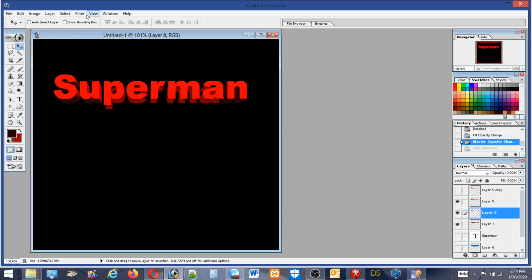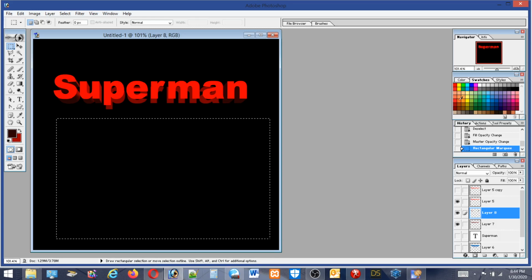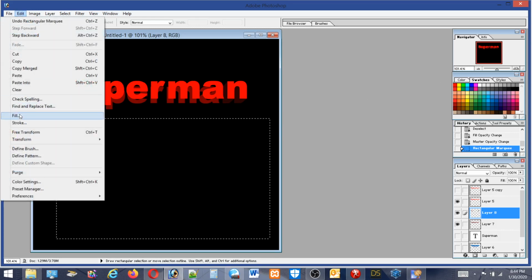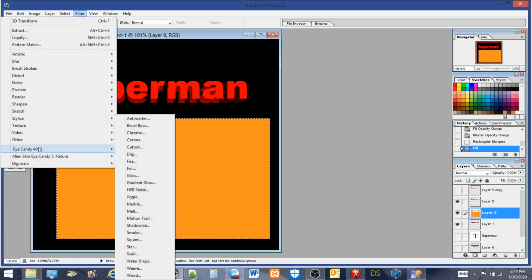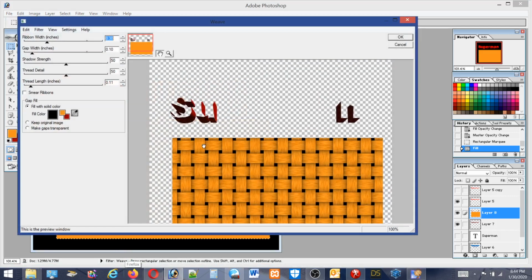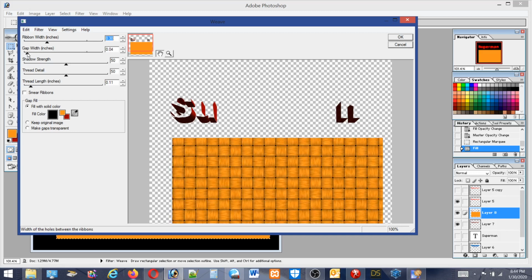So let's show you something else. And let's do this. Go with this color. Edit, fill. And use Eye Candy and Weave. The weave makes this look kind of like that, just like a weave. You can adjust the gaps to make the gaps bigger or smaller,